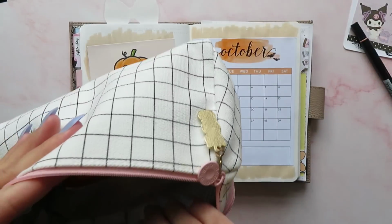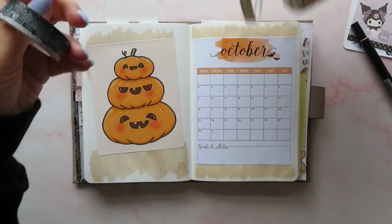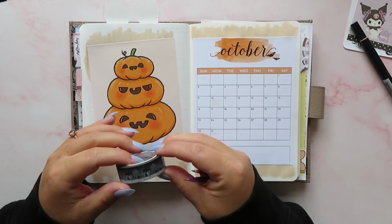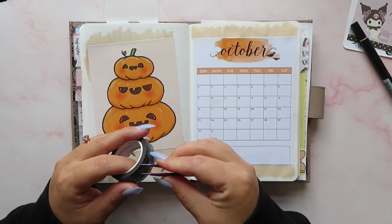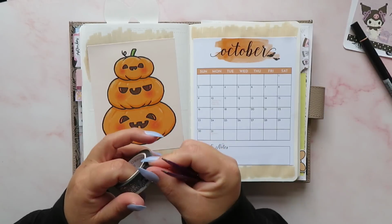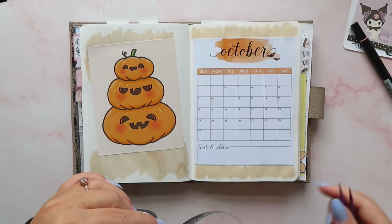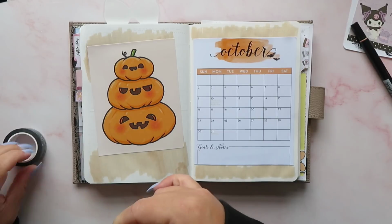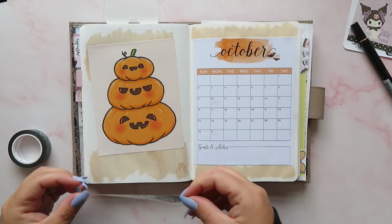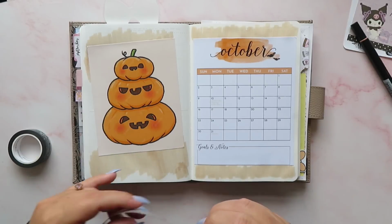I do have some tweezers. Is this going to be the wrong kind of colour? But I feel like it kind of goes because we've got the black. Yeah, I feel like we're okay. We can use a bit of that. I'm going to rip it. I'm just going to rip today. I'm going to rip a little bit more off. And then we'll just...